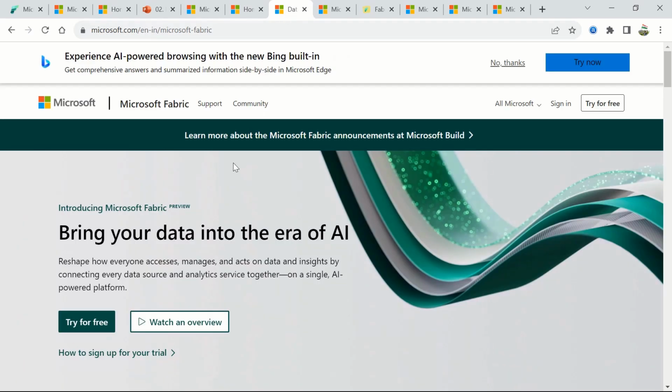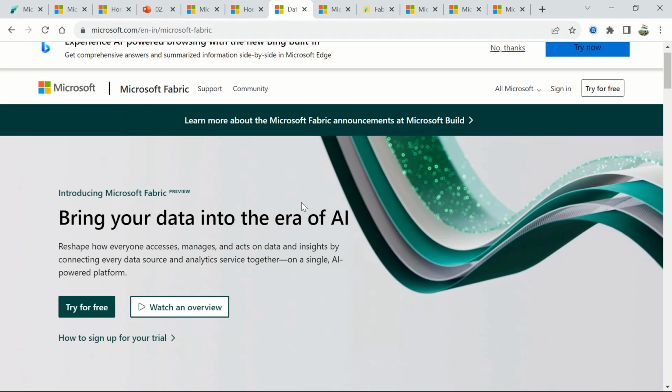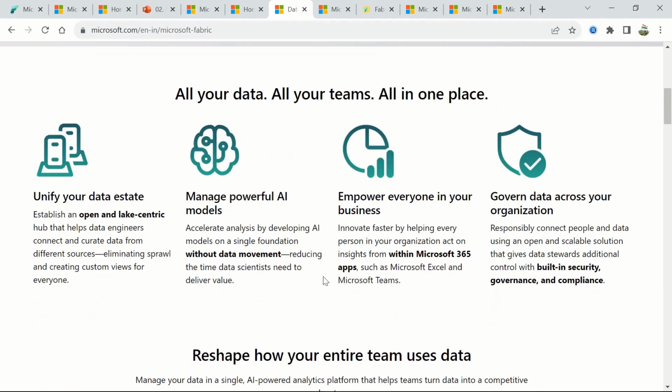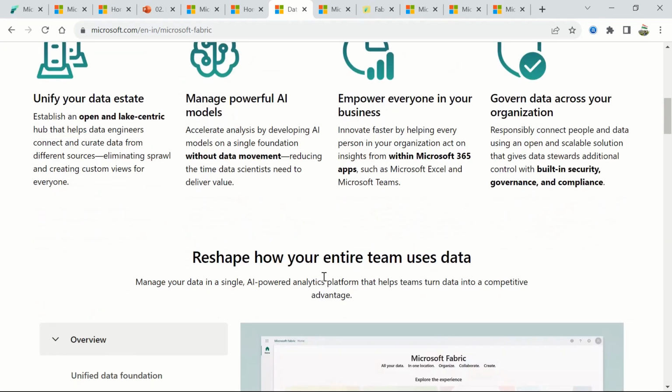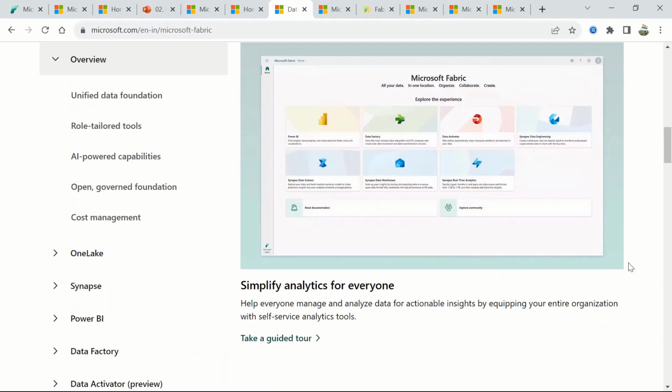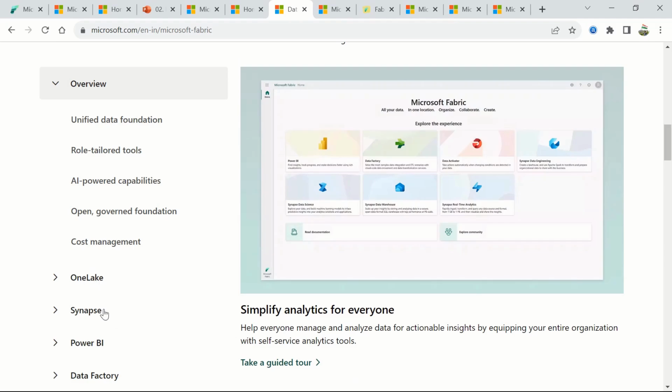Further, I want you to bookmark this and go through it as well. Microsoft.com, the Microsoft Fabric product page. It introduces Fabric to you. It tells you that you can bring your data into the era of AI, and you can get more information on how to sign up for a trial, get an overview, click here to try for free, and get more detail about Fabric, what all it can do, and more insights about the overview, OneLake, Synapse,